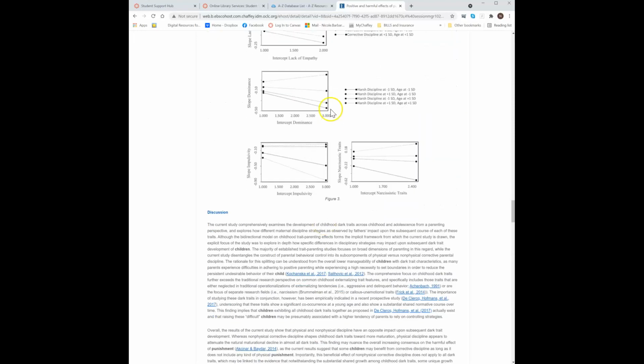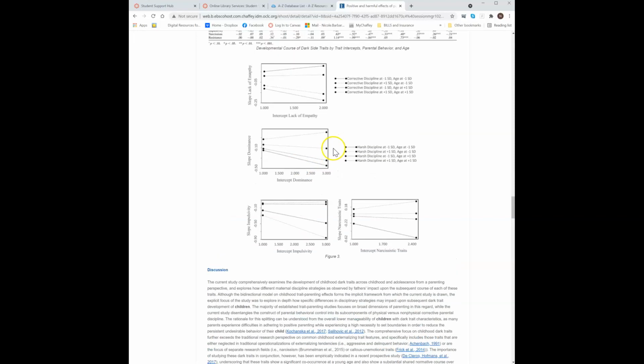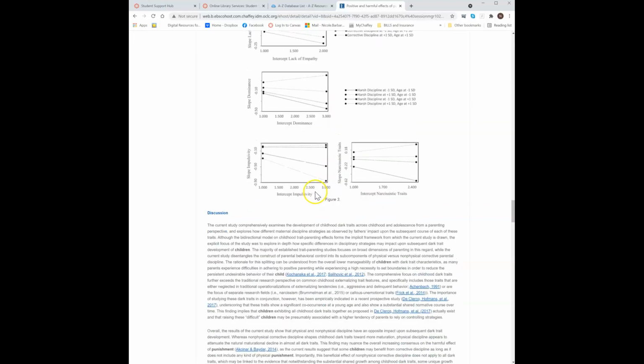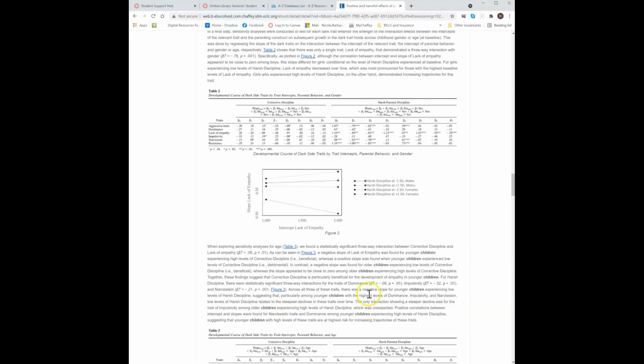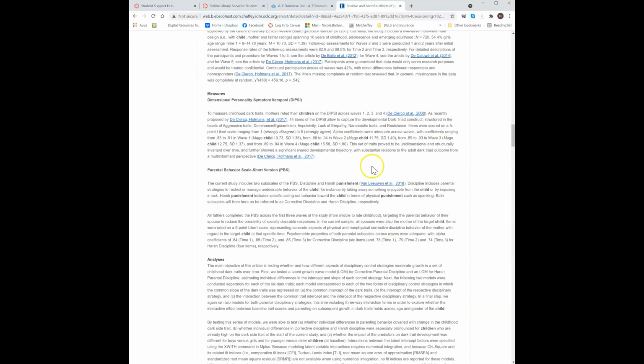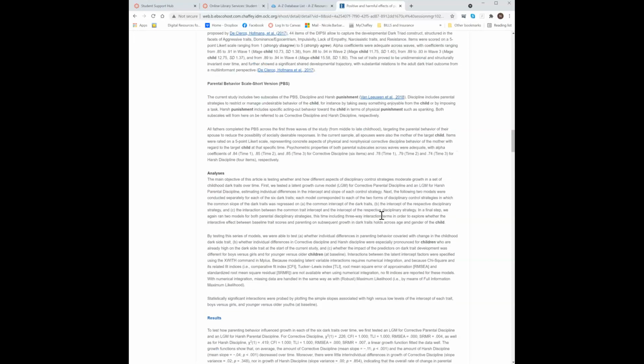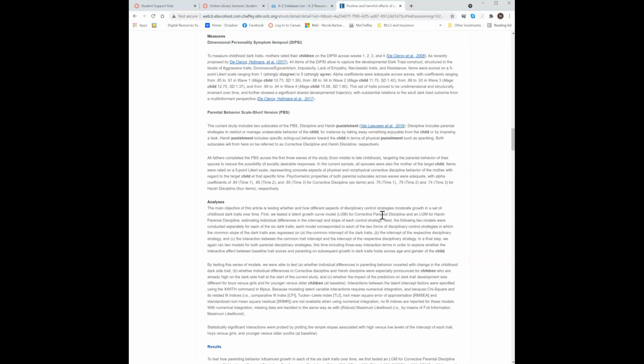But look at all that. The tables, figures, you might not be at that level, and you don't need to be. Discussion will wrap it all up and conclude what they found, and you can summarize that information. So I was trying to tell you that this is an HTML format document. You are going to be paraphrasing, so it doesn't really matter. But if you ever use a quote,